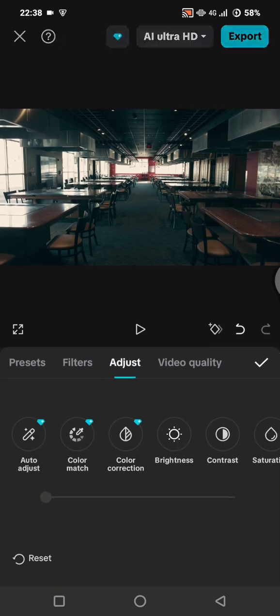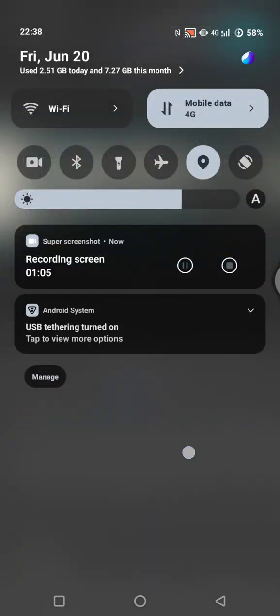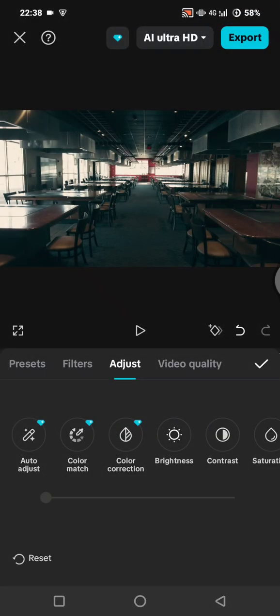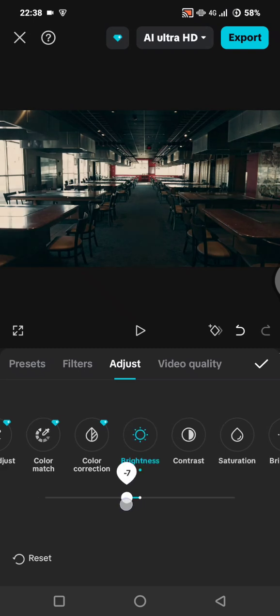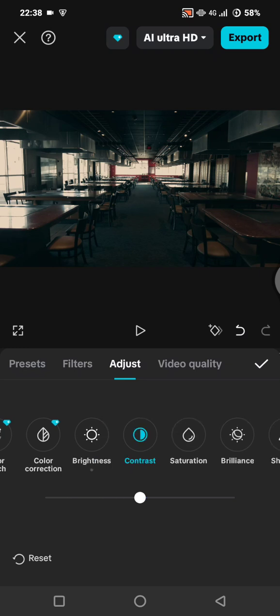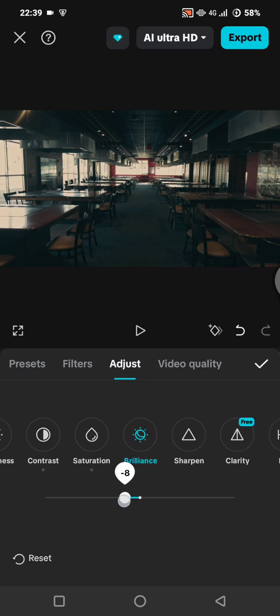Now tap on the adjust options and you can follow the settings. The setting actually depends on your videos itself, but you can also follow this one. For the brightness, you can lower it. Here I'm going to lower it to around -9, and the contrast, I'm going to go with -8, and the saturation, I'm going to increase it a little bit to 4. And for the brilliance, I'm going to lower it to